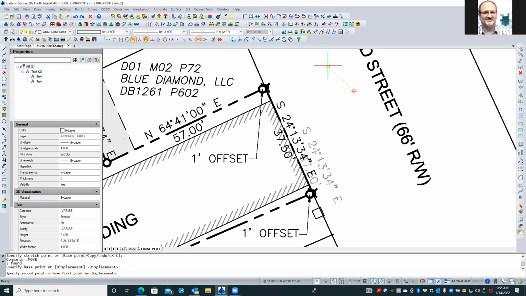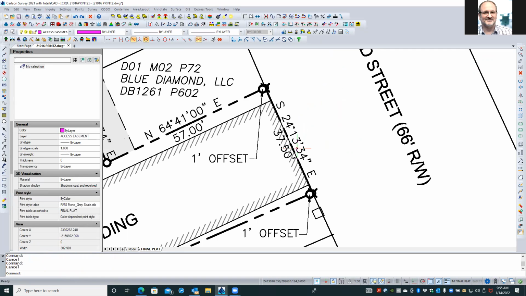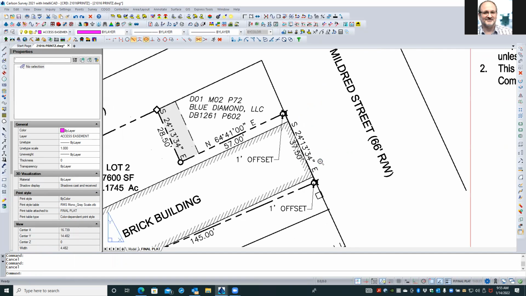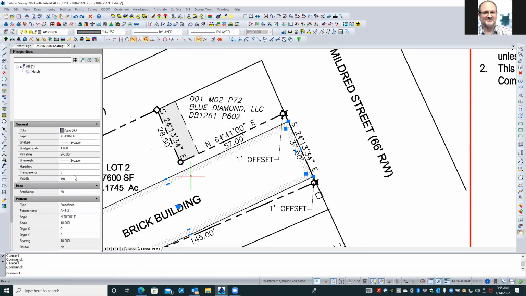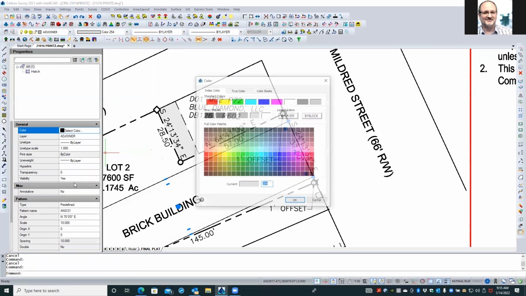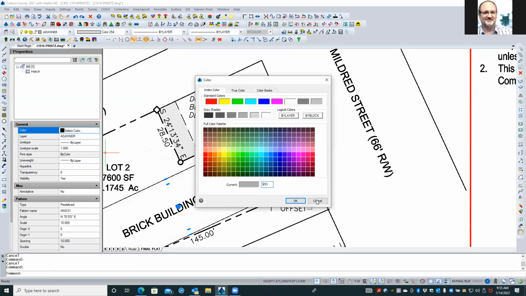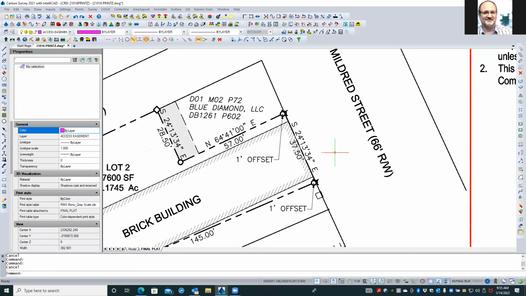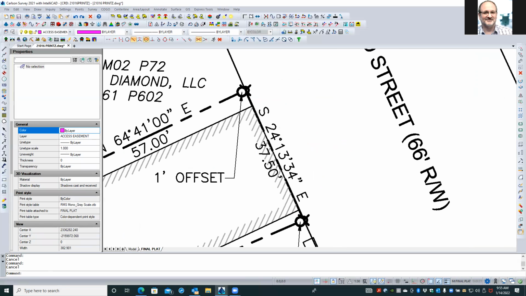The only problem I have with that, the way we're showing it, is that the distance gets sort of covered up by this hatch. So let me see about it. It's a little too light. We may just get rid of it. It just muddies things up, in my opinion. Or